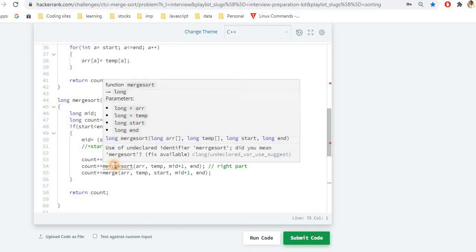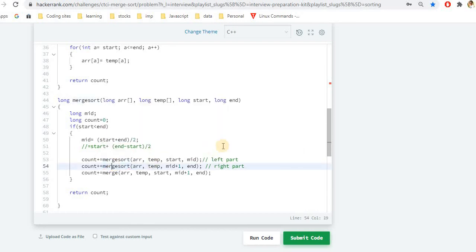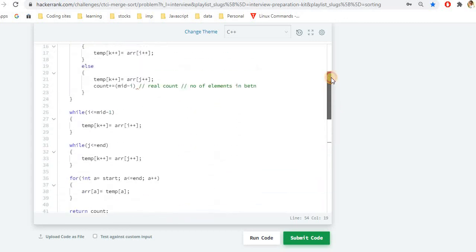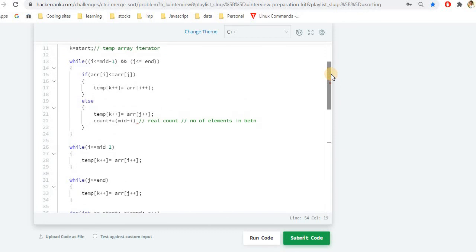And in the merge sort, there is some spelling error. So in the merge sort function, we did 3 steps: first for the left half, second for the right half, and then the merge function. And in this particular merge function, we compared the values, and whichever was the lesser, we pushed that value in the temporary array first, and after pushing all the values, we are copying all the values from the temporary array to the original array.